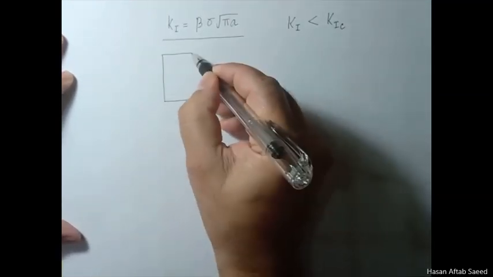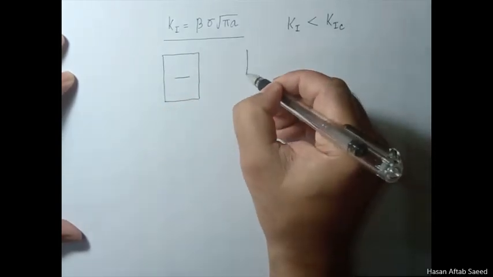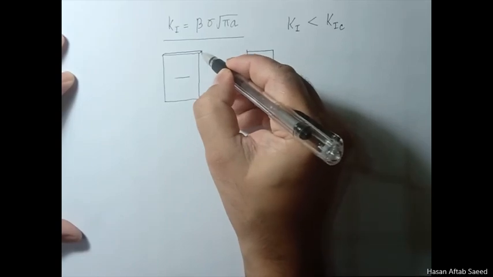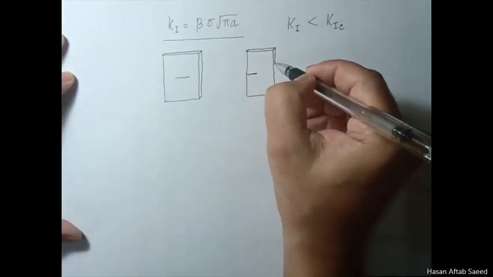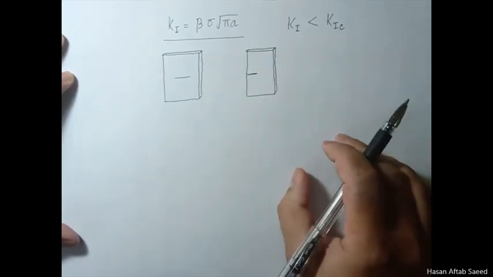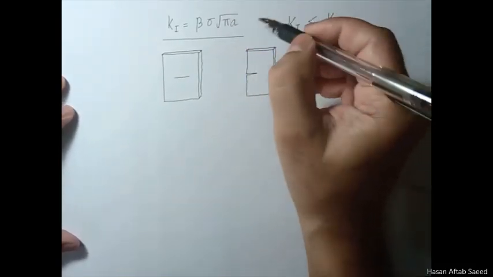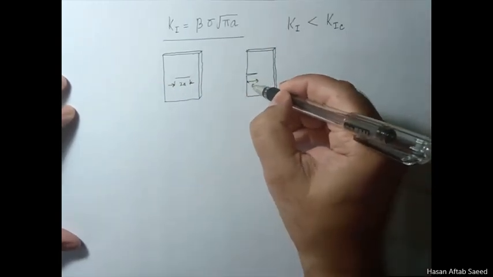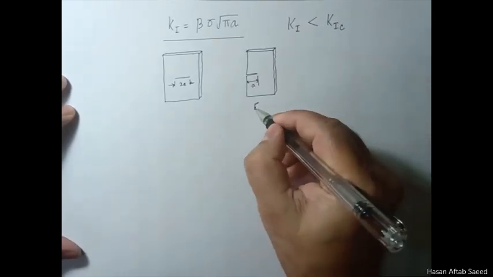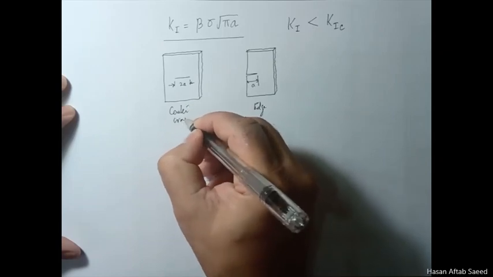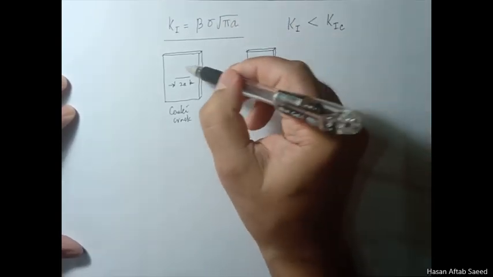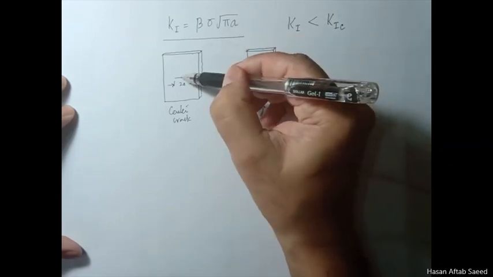Now, we had discussed a little bit about the difference between a center crack and an edge crack, but I'm afraid we couldn't finish that part of the discussion, and this is probably one of the most misunderstood points as far as students are concerned. If you look at this formula, there's a here, and there's a convention of using length 2a for a center crack and length a for an edge crack. For an edge crack, it seems all right. It is a. But for a center crack, instead of using 2a, we use half of the crack length and put it in